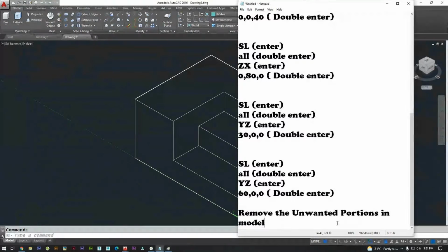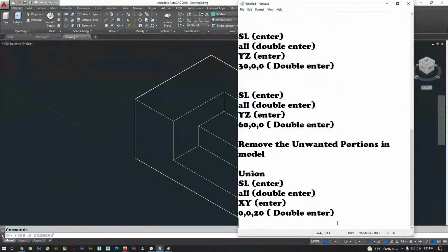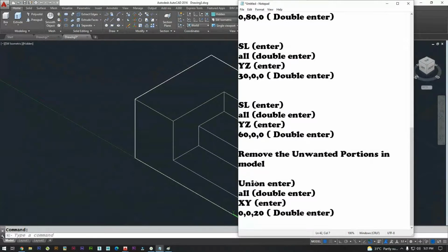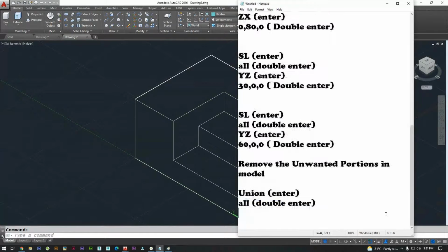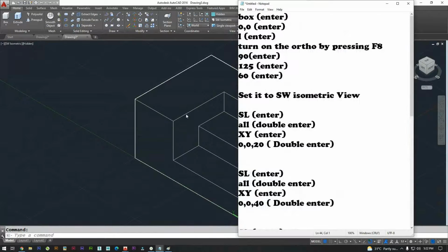Model. Then union, enter. All double enter. Okay. We only have these steps for the particular drawing which we did here.